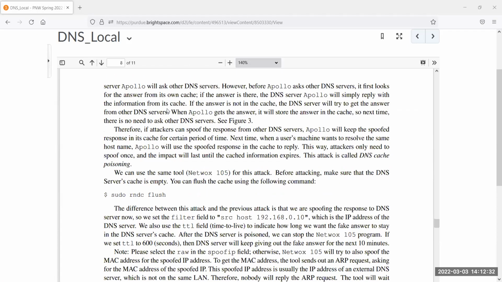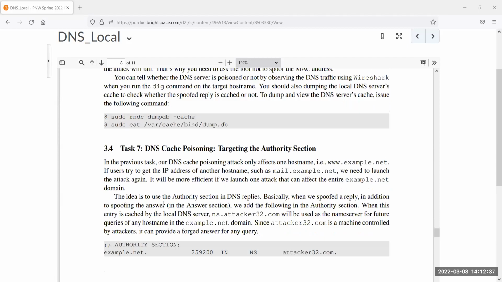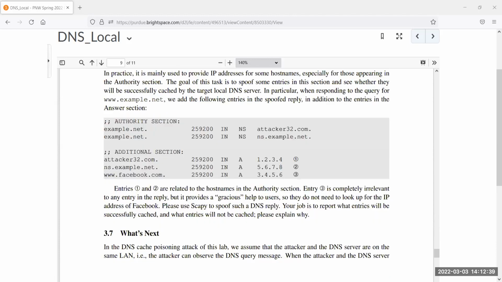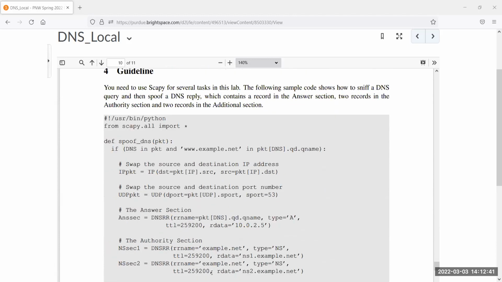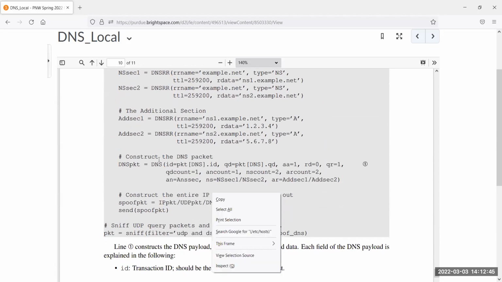All right. And as you can see, after that it has all of these Task 7 items, but we're going to skip everything else. I really just want you to take a look at some of it. Now you can see here we've got this